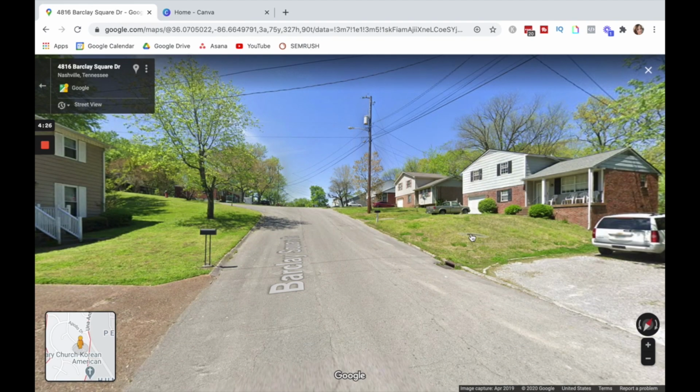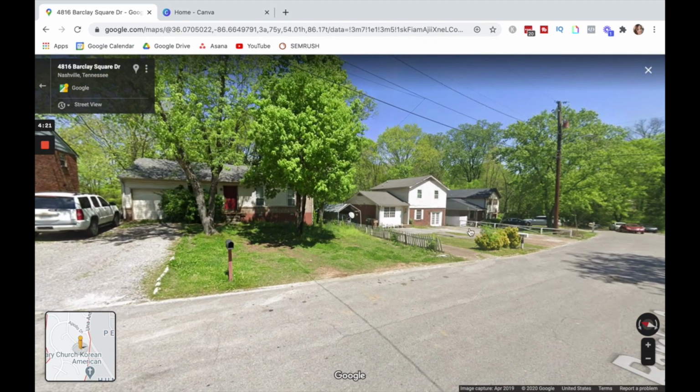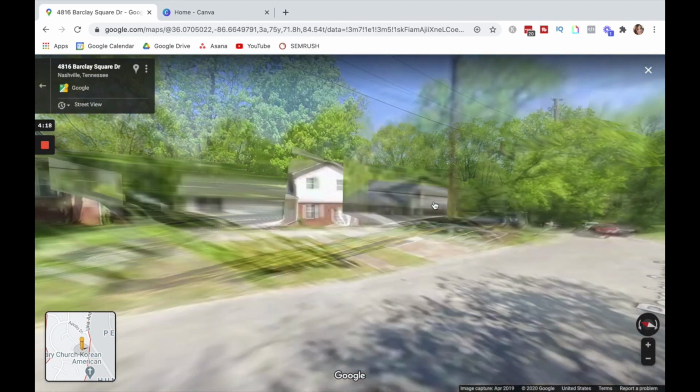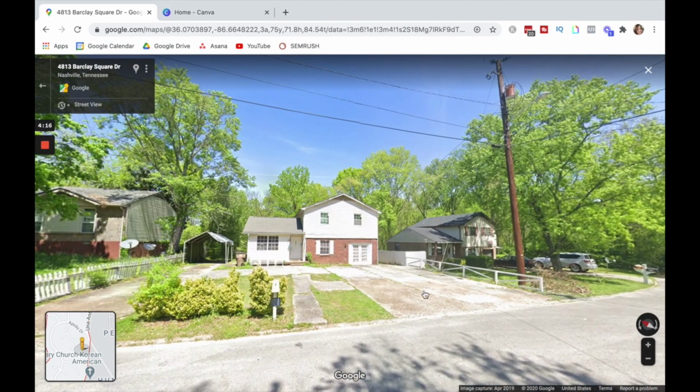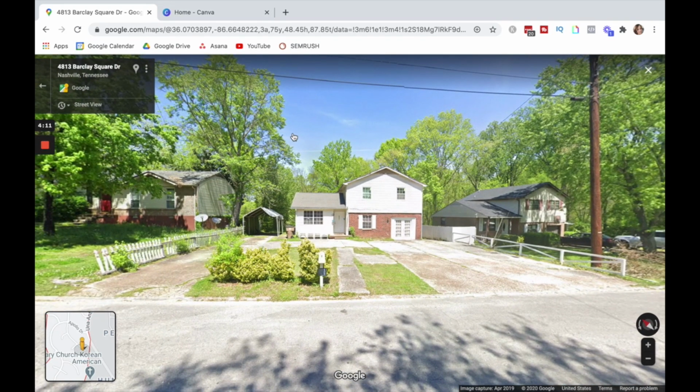What I like to do is look around and see if we can find a house that doesn't have a car in front of it or a tree or anything like that. This one looks pretty good to me. Then you just want to line it up and take a screenshot. If you're on a Mac, you push Command-Shift-S. If you are on a PC, the Windows key plus Shift-S, and that will bring up the option to take a screenshot. When we take this, we're going to take it a little bit off center, and I'll explain why in just a minute. That looks pretty good to me.